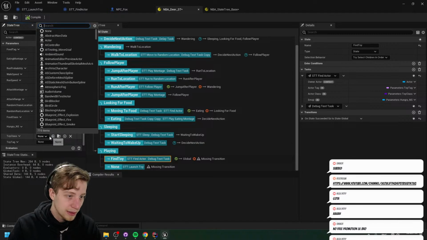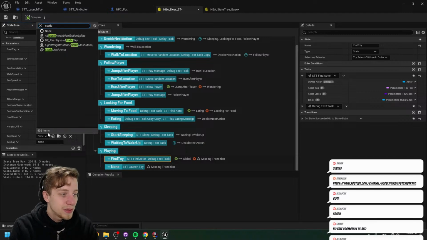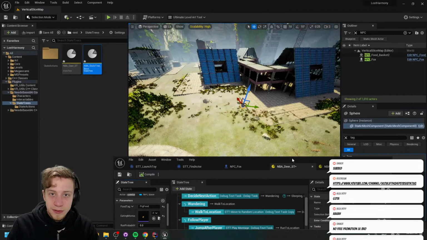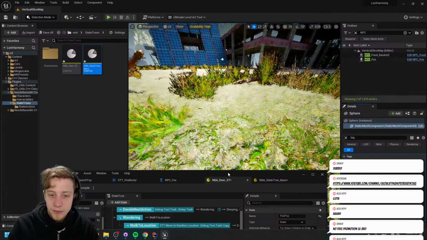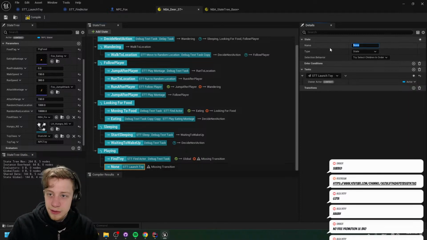Okay, yeah, now it should be fine. Okay, there we go. So we want this to be a static mesh actor. And with the tag, I have successfully managed to forget it already. There we go, our NPC Toy. And after that, we're gonna just launch character.